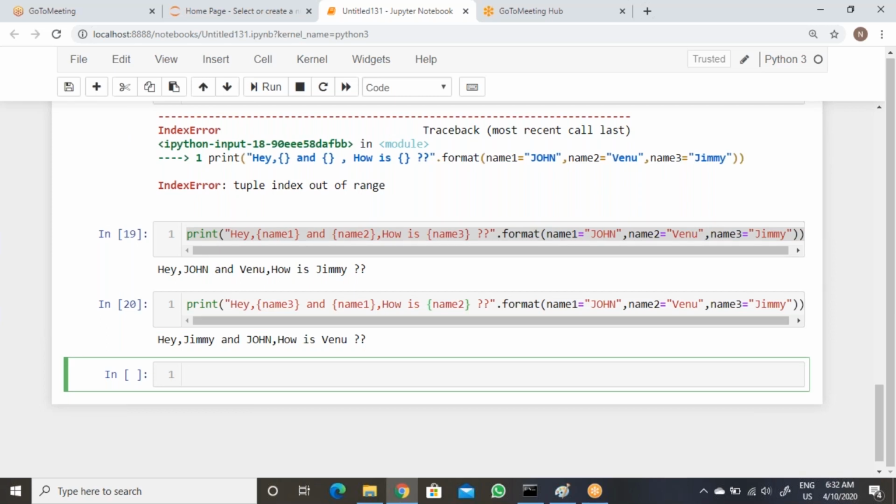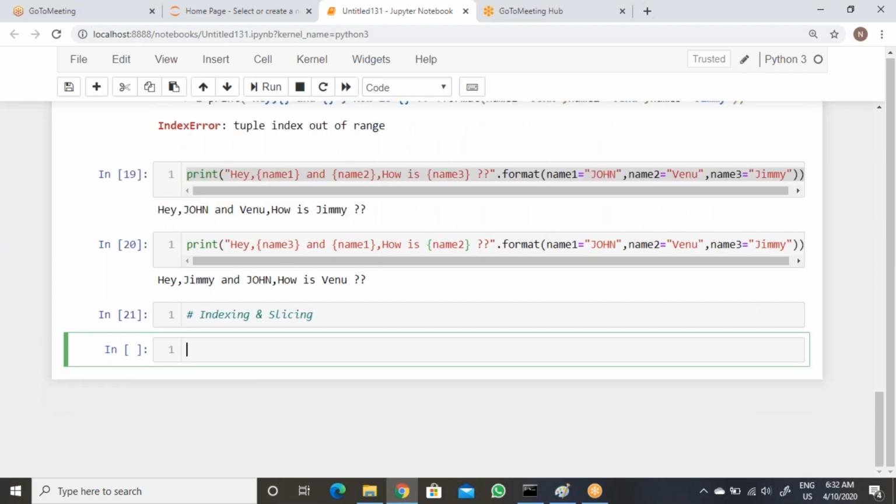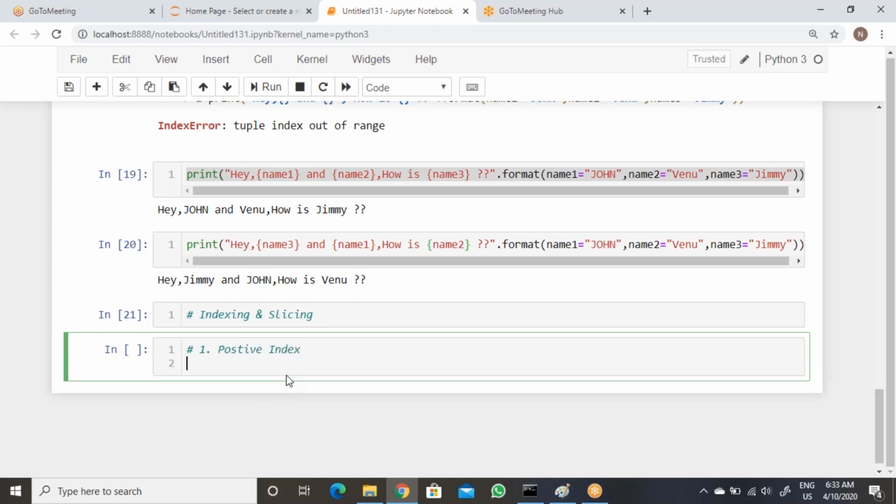So you can say name 3, then name 1, then you can see name 2. Hey Jimmy and John, how is Venu? So like that you can able to pass. So this is called string keyword passing method, string variable method, string index number passing method, and then string keyword passing method. So that is string formatting method.